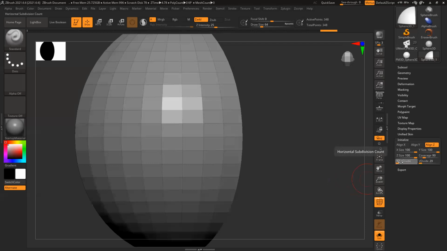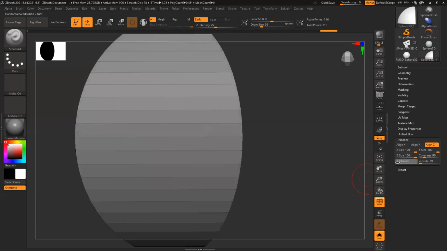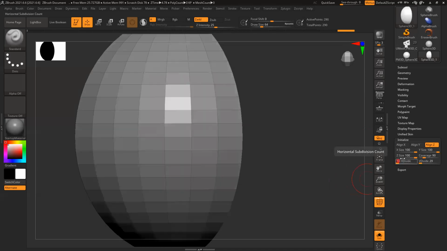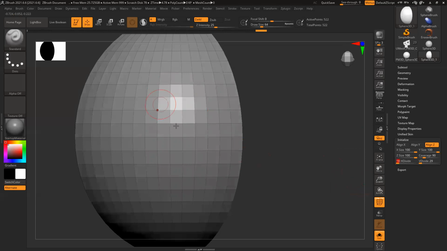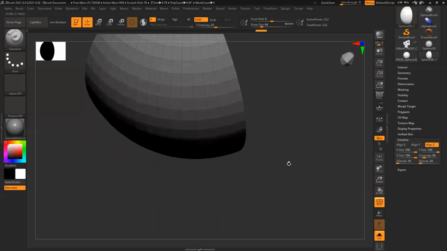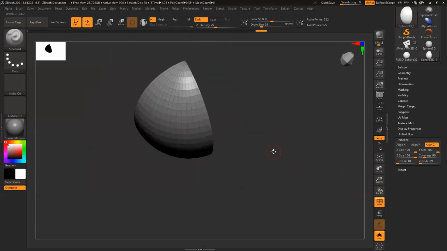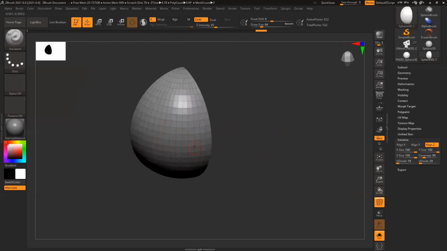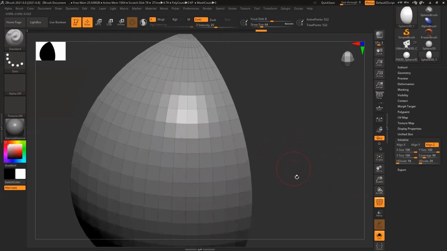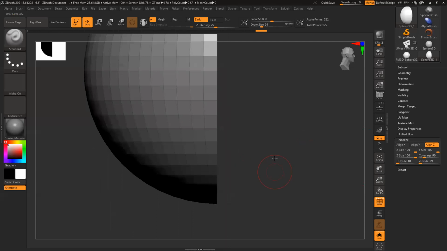Maybe, okay. Let's see, 10 or maybe 18. So 18 looks kind of square, so I can use this. The idea is, whenever you create something, even though the high poly topology doesn't matter, try to keep all the boxes square as much as possible. For a sphere it's not technically possible. The center part will be square and the rest will automatically stretch. So we can do those things.